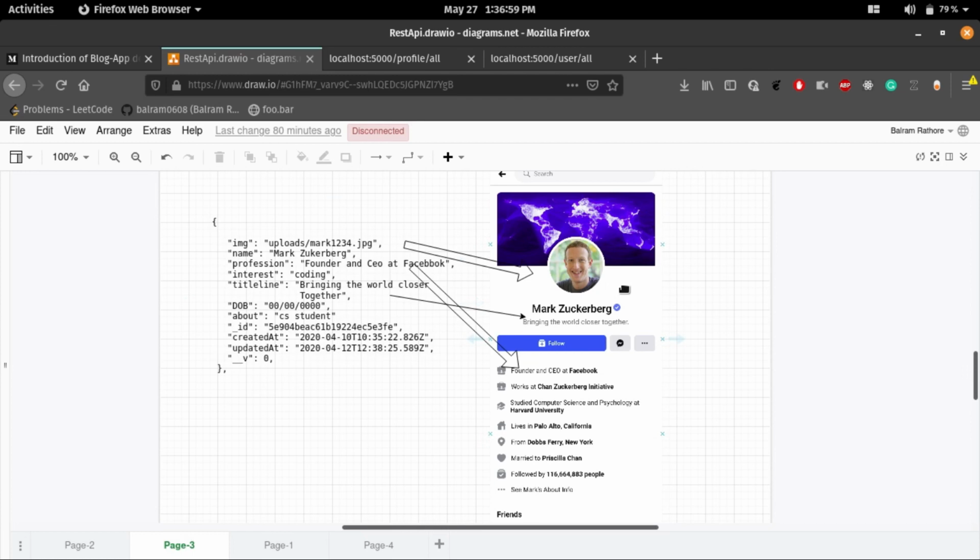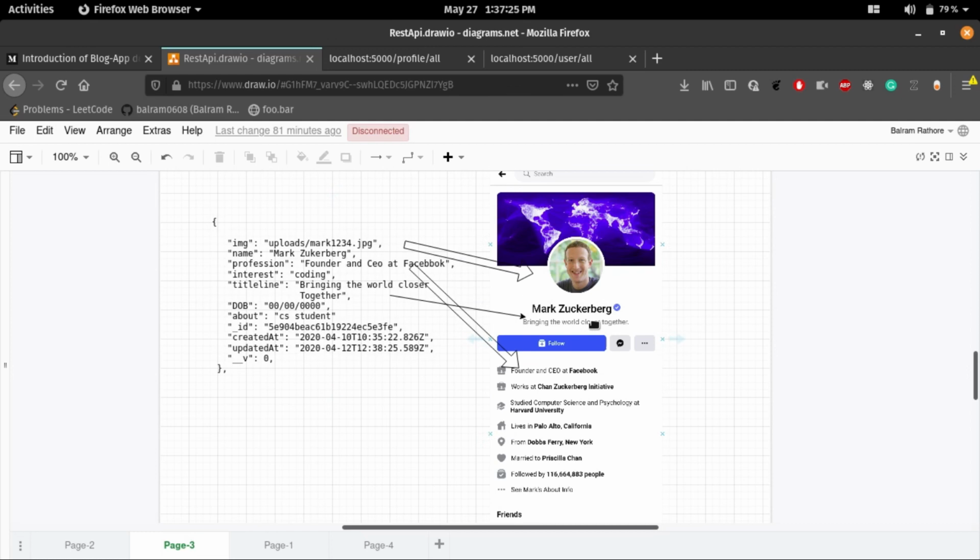Basically, it's the designing part. The front-end developer has raw data in JSON format, and they design and convert that data this way. They map your profile pic URL so that it shows like this, and your name shows like this. It's basically the UI design part.